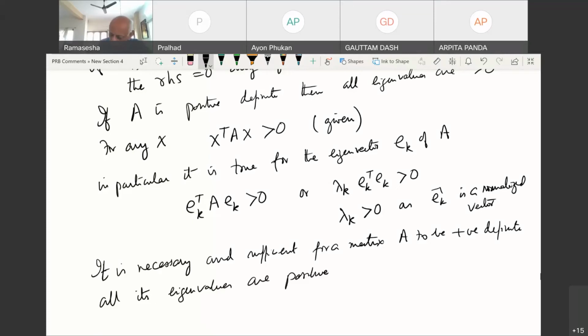So you come across these positive definite matrices in many contexts. For example, in thermodynamics, and also in terms of the overlap matrix, which is greater than or equal to 0. And often when you are dealing with generalized eigenvalue problems, you come across these positive definite matrices. So I think I'll stop here for today, and we'll continue with this on Monday.